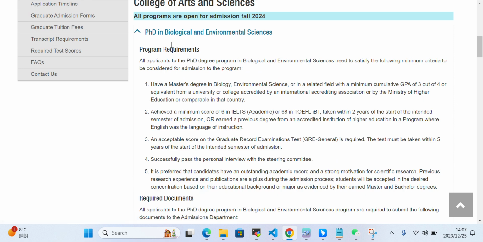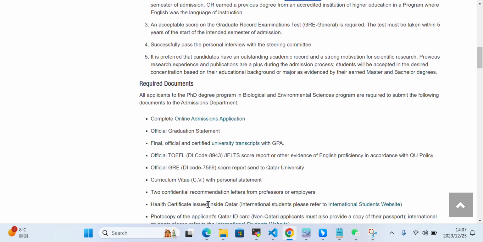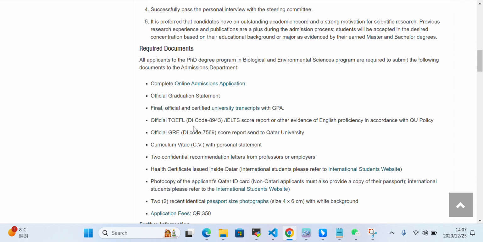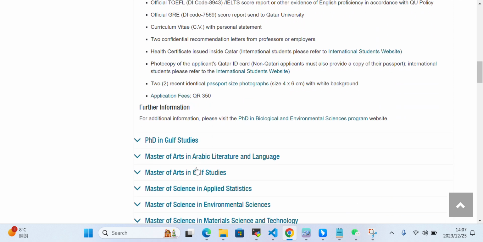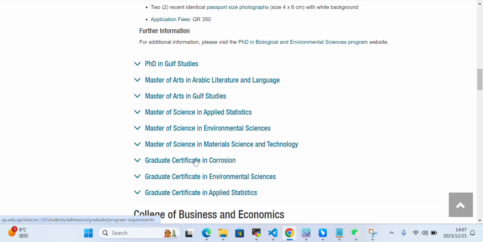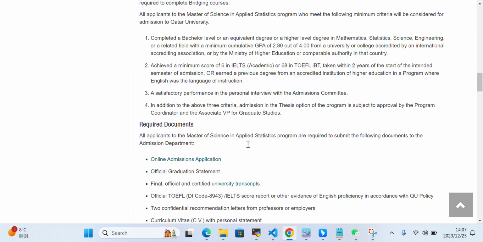For example, for the PhD in biological and environmental science, they are asking for a minimum of 6 IELTS and 68 TOEFL. And you can also take a look at different requirements as well. Similarly, the Master of Applied Statistics.